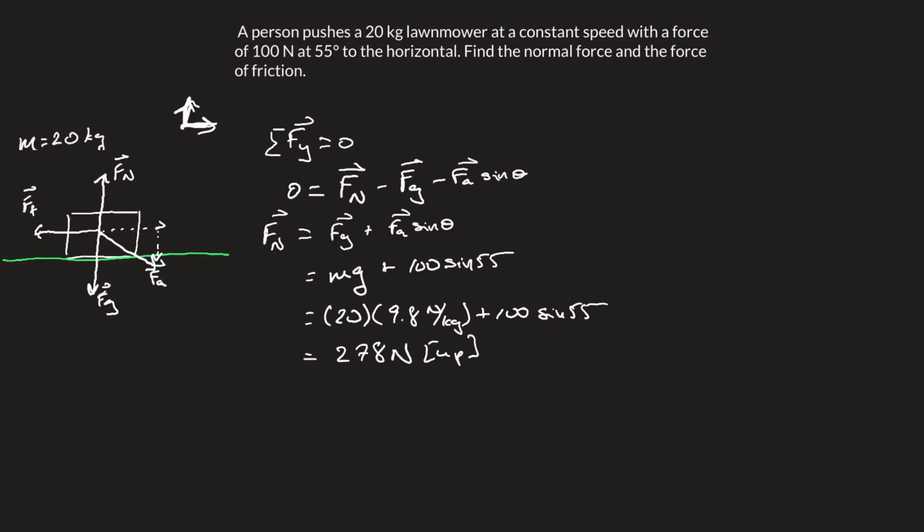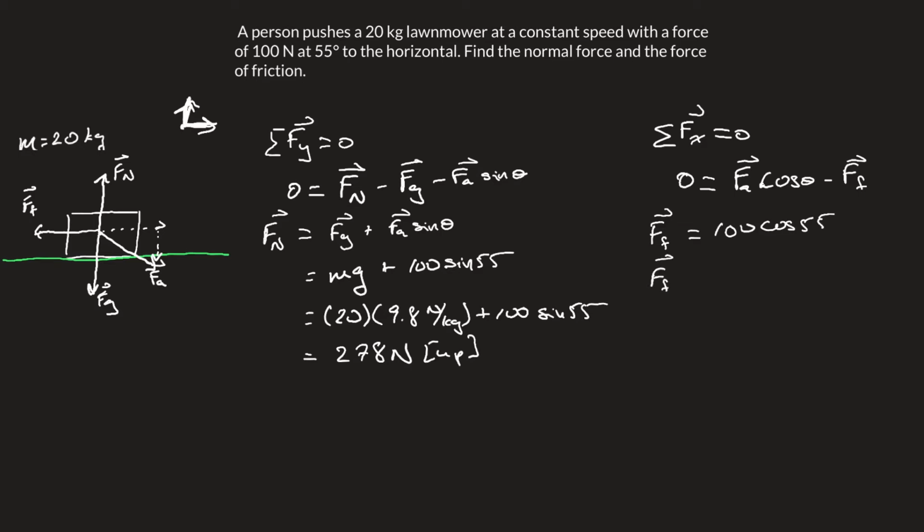I can do a very similar but slightly easier calculation, because there are fewer values, for the force of friction. So if I have the sum of all my forces in the x direction equal to 0, that means 0 is equal to Fa cos theta, so that's the x component of my applied force, minus the force of friction, because it's going the opposite direction. So when I rearrange, I get my force of friction is equal to Fa, which is 100, times cos 55, which leaves me with the force of friction of